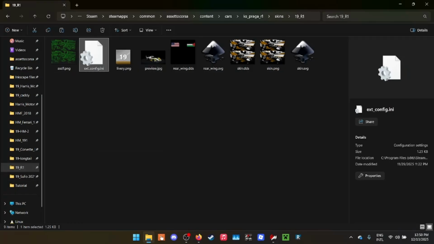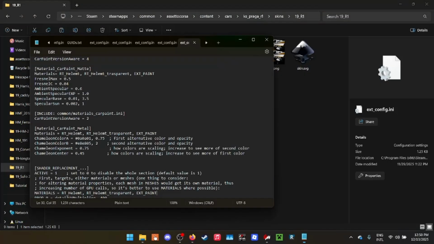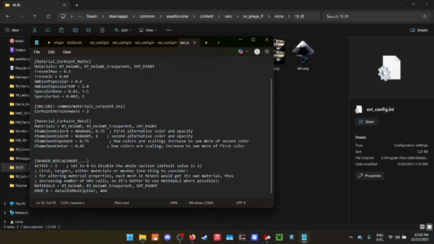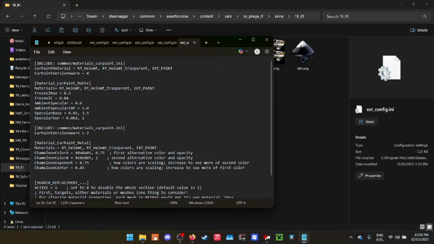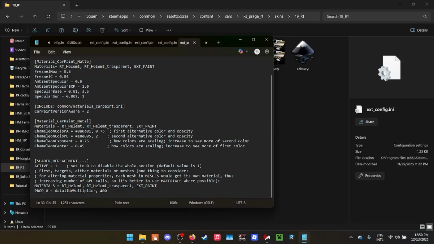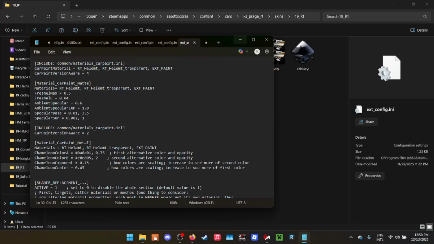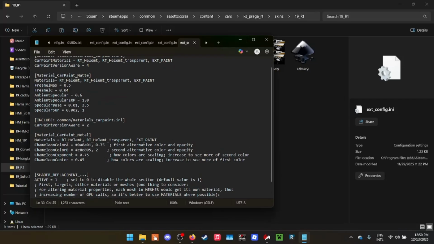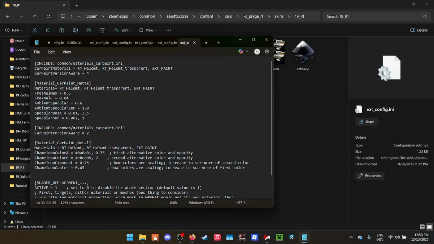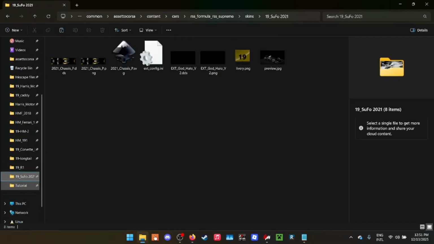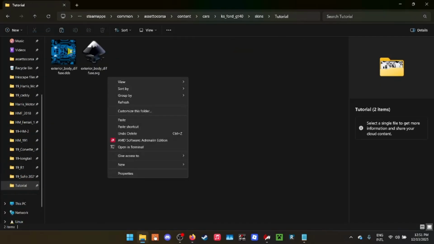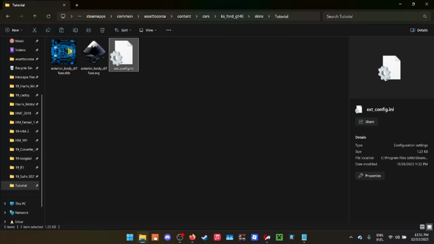So I have this config file that I just copy and paste from each livery to each livery. I will include this in the Google Sheet, so you don't have to memorize this. But we can paste it in here, open it up,